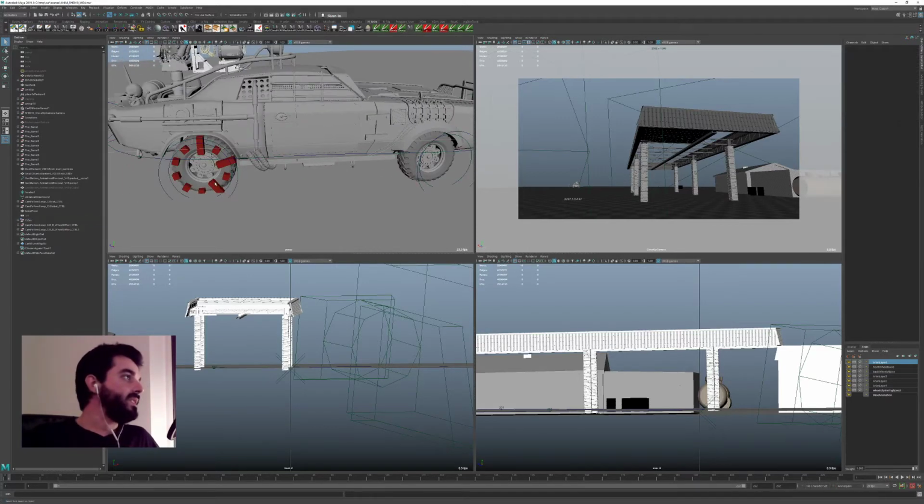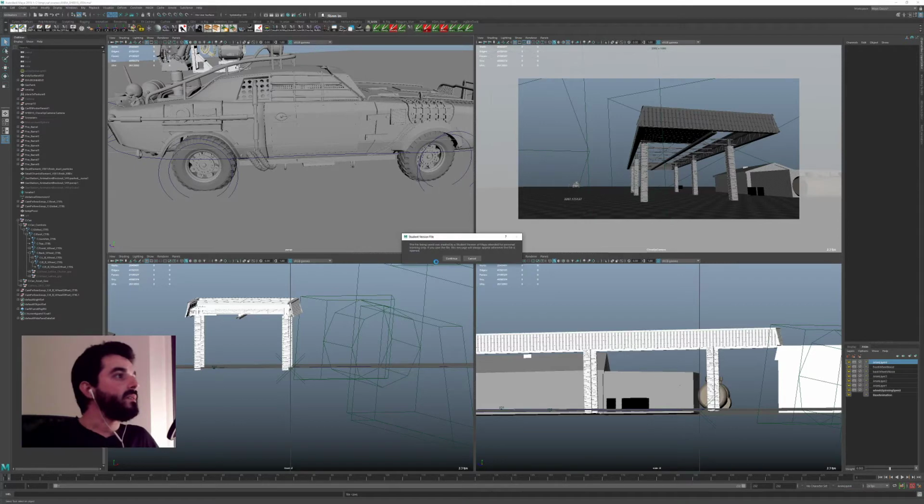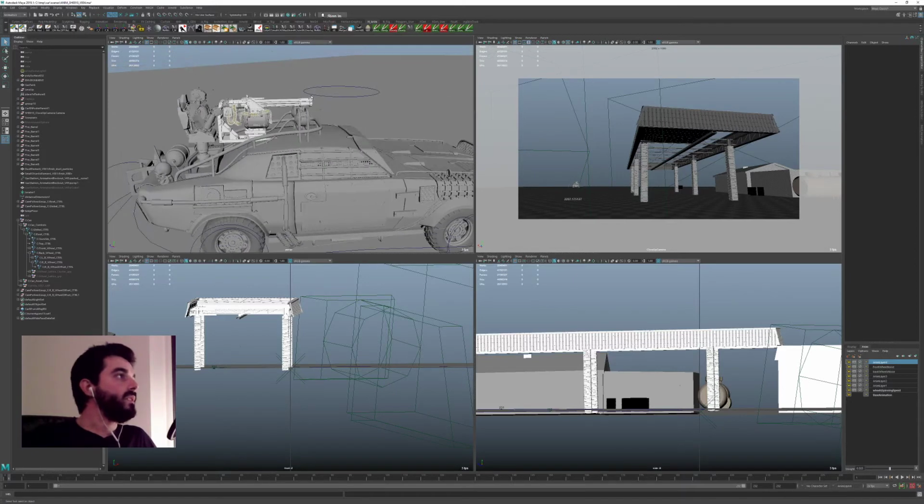And I don't really need all these guys. So I'm going to find them and I'm going to delete them. So there you go. So the gunner,